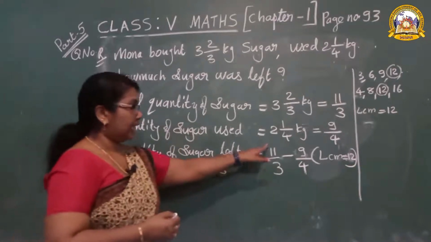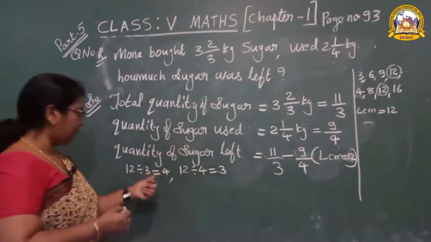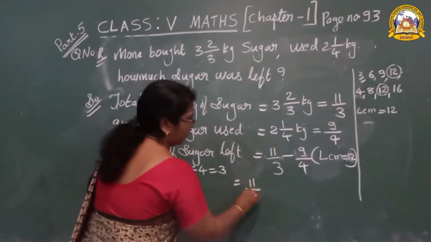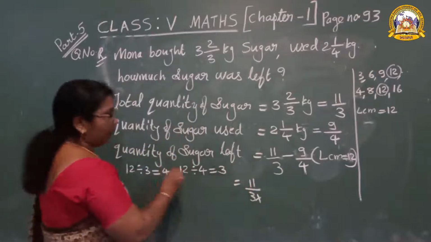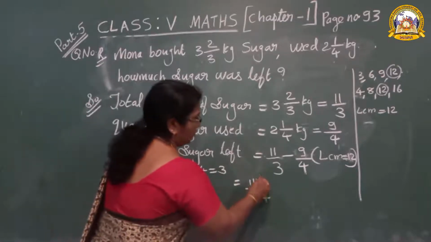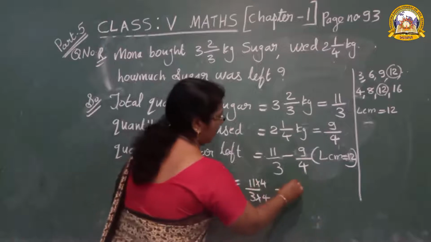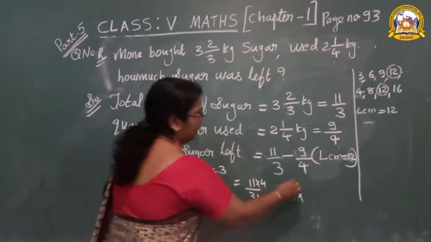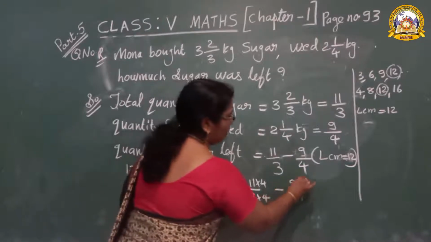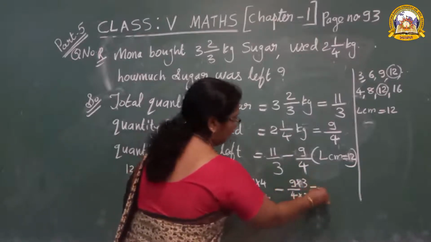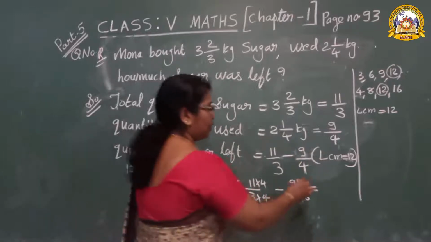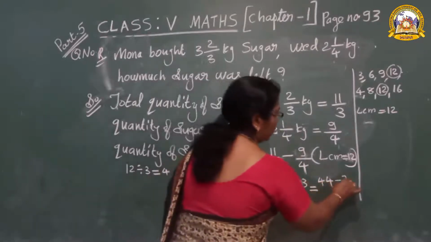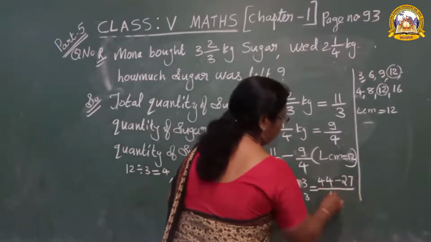Now look here, 11 by 3 multiplied by 4, then minus 9 by 4 multiplied by which number? 3. Both you have to multiply. 11 4s are 44, 9 3s are 27 upon